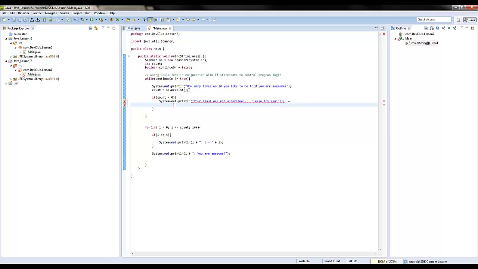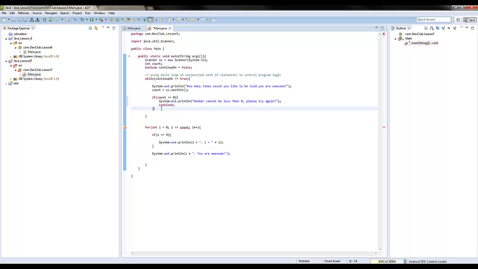And then we're going to continue, which will cause us to repeat our loop. Now what we're going to say is if this is true, so if our count is less than or equal to 0, number cannot be less than 0,